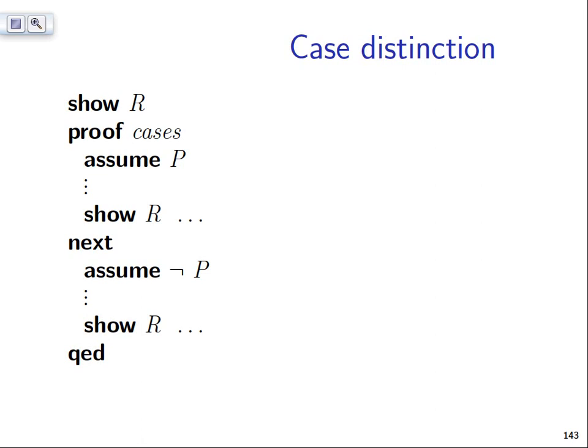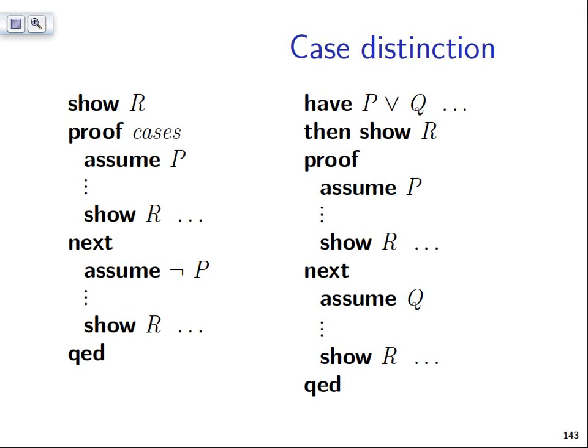There's an alternative proof by cases. So this one is by cases on some Boolean formula, once assuming the Boolean formula and once assuming its negation. Another form of case distinction is if you know a disjunction between two formulas. So if you have proved that P or Q is true,